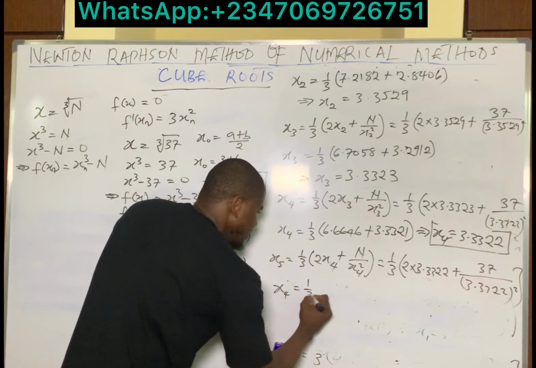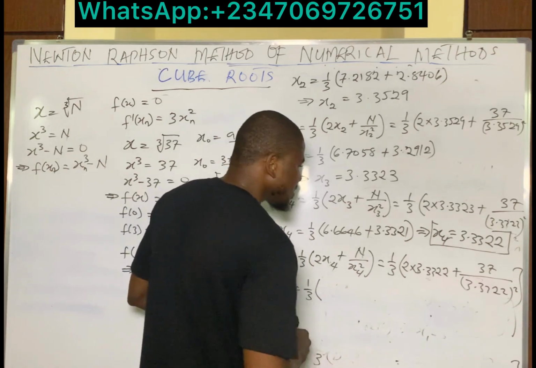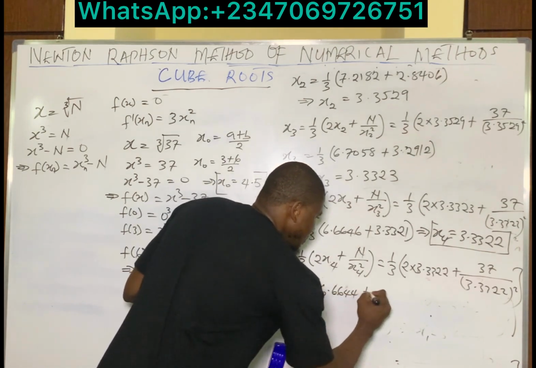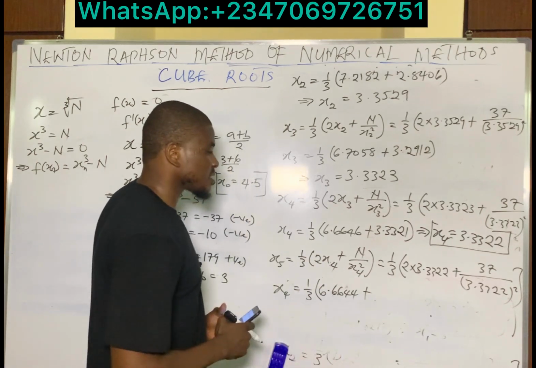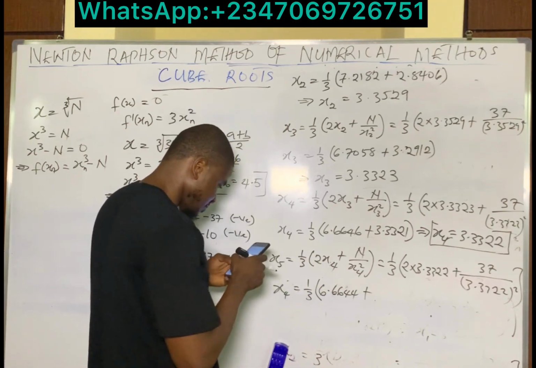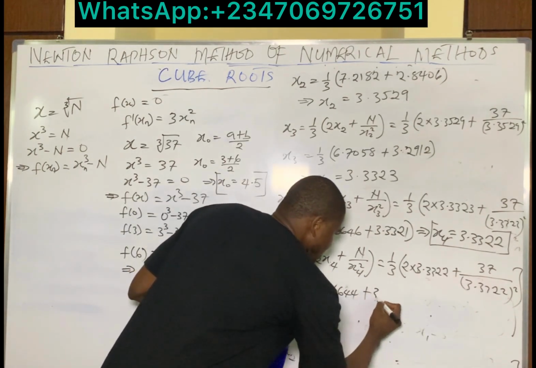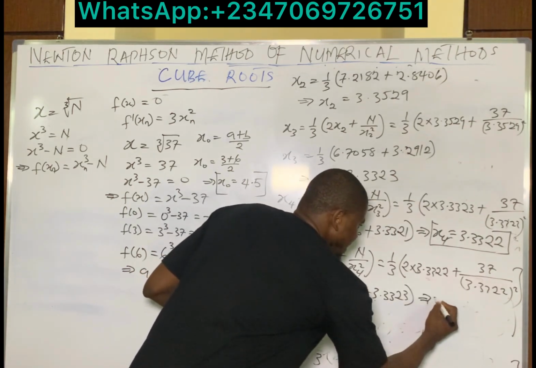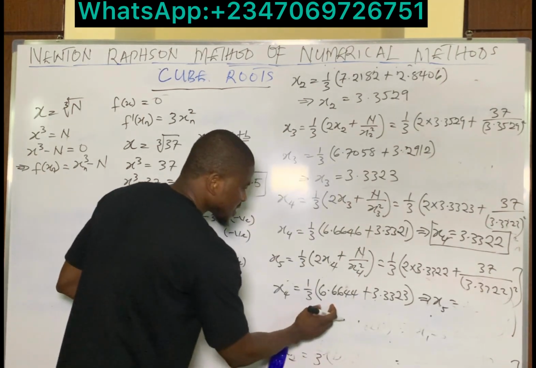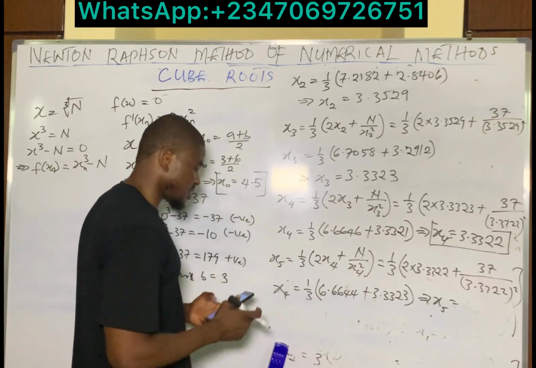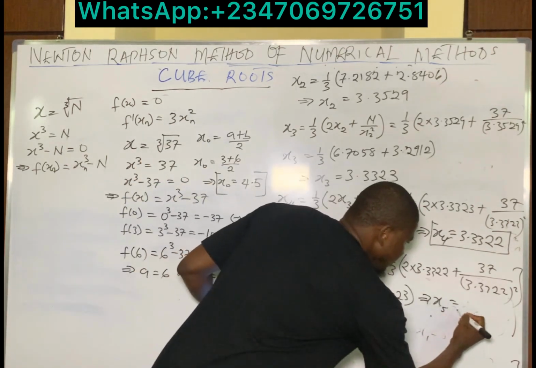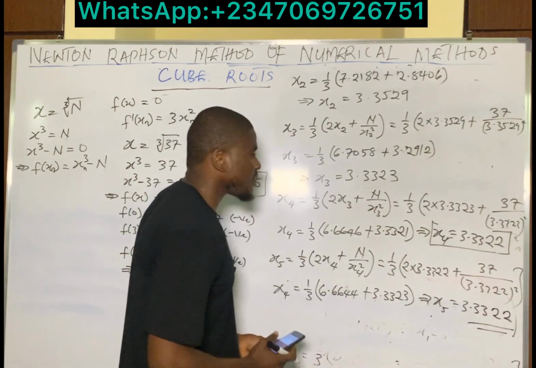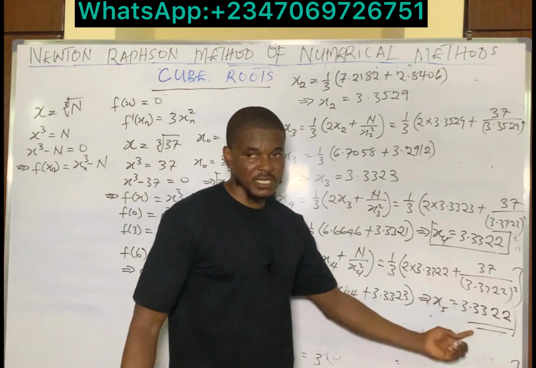Okay, so let's evaluate what's in the bracket. Let's find 2 multiplies 3.3322. That gives us 6.6644 plus, let's find 37 divides 3.3322 squared. That gives us approximately 3.3323. Okay, so let's evaluate this and find x5. Let's add up with 6.6644 and then multiply by 1 over 3. So we have x5 to be 3.3322. So once again, you now confirm that correct to 4 decimal places, the root has converged,